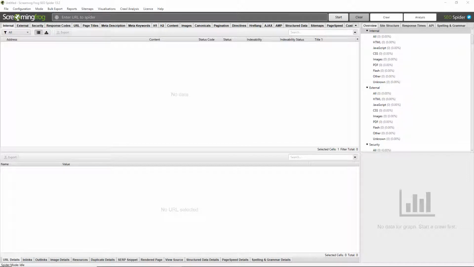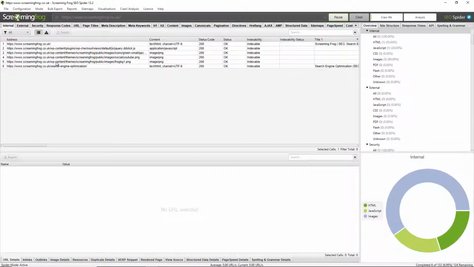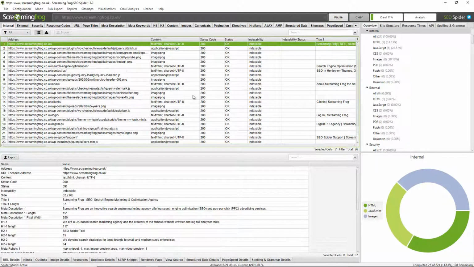This is just a quick walkthrough of the tool to explain a little bit more about what it does and some of its features and benefits. Now while I'm talking, I'm actually going to crawl our Screaming Frog website that I've just input in this top URL bar here, and I'll click start and you can see data immediately starts being populated in this main window